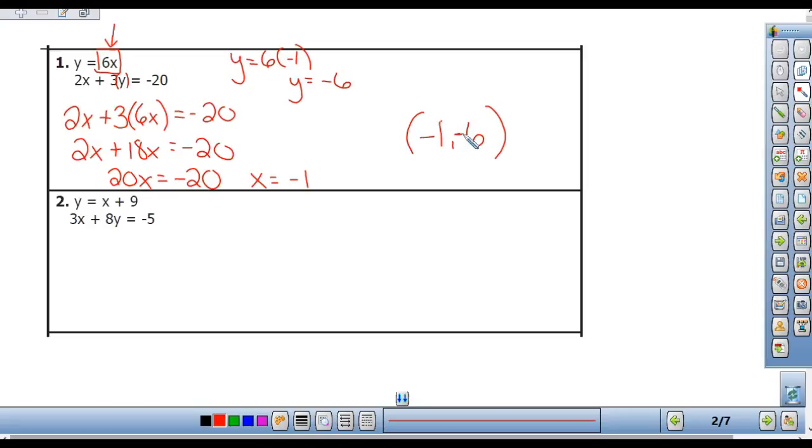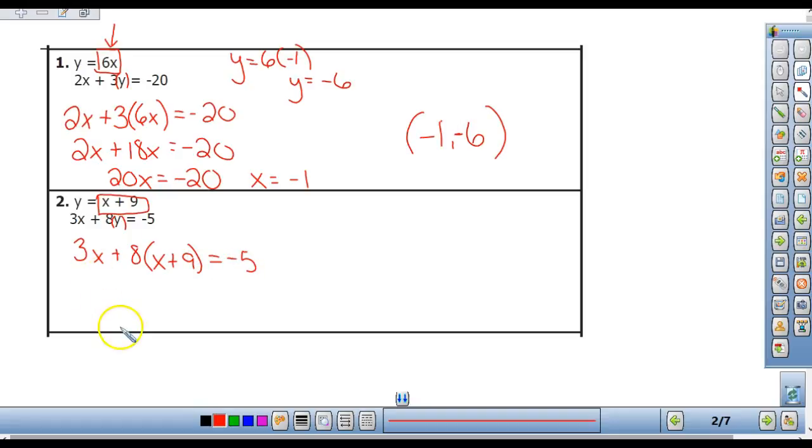All right, and number 2, do I have an x equals or a y equals? Yep. I do. I have a y equals, right? Again, so I'm going to take that x plus 9, and I'm going to plug it in for what? I'm going to plug it in for y. So 3x plus 8 times, now what am I putting in for y? X plus 9 equals